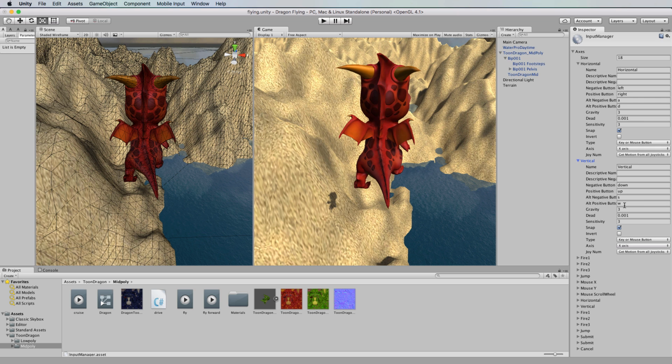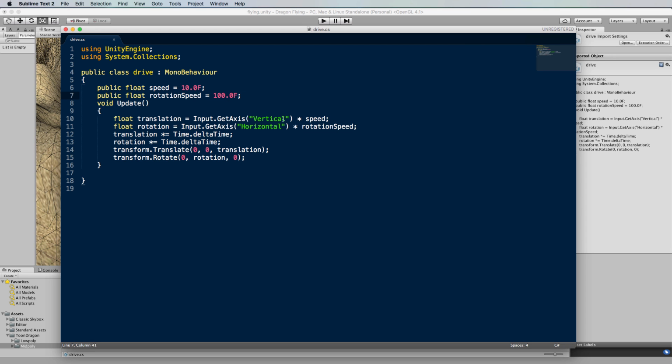And the S and W. Actually, I lie, it doesn't move things up and down. It just allows you to grab hold of what these keys are being pressed and then to use them for some particular purpose. So in our code, the vertical axis, which is controlling the up and down arrow keys, also the W and S keys, and if you have a joystick, thumbstick controller, you can also control it with that as well. So it picks up all of these controllers that you set back in that settings,